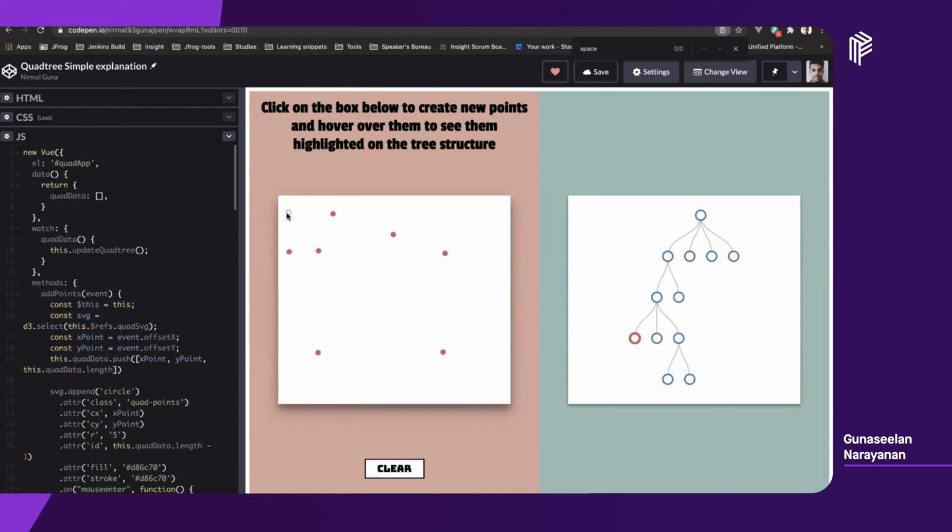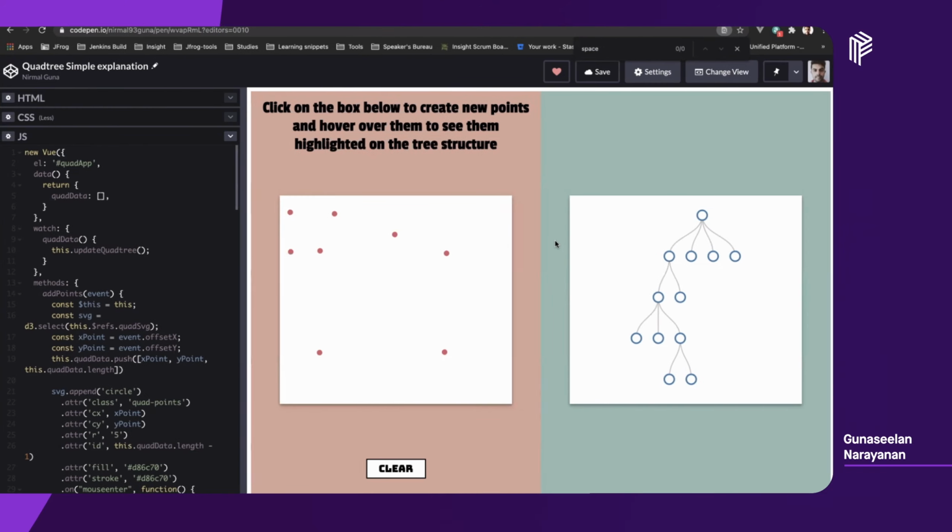Wherever you place the point, it can easily split it into different nodes. So when you're going to search for this particular node, it knows where to look. It already lies on this part of the square. So you have already eliminated 3 of the nodes. You're going to search only through this particular node. So that's how your search will be streamlined. That's why quadtree searches faster than any other algorithm. So that's it about quadtree.